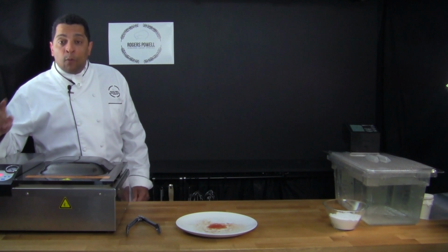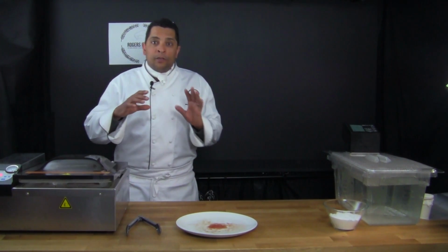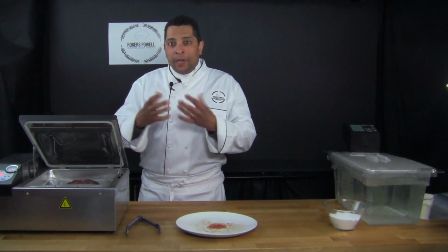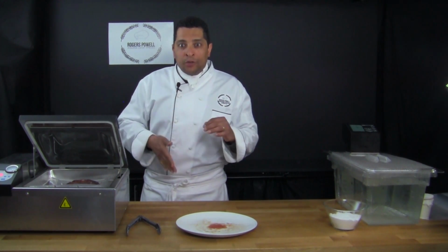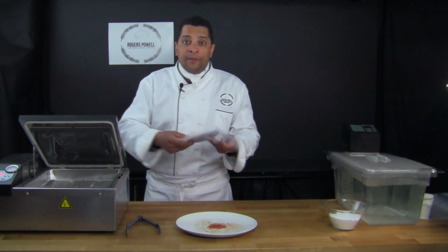Okay. Now one thing I want to talk about too is usually when you cook meat, after you cook it, you need to let it rest because the juices in the meat are kind of boiling. They're very excited. They're everywhere in the meat, and they're still boiling inside. And if you cut into the meat right after you cook it,